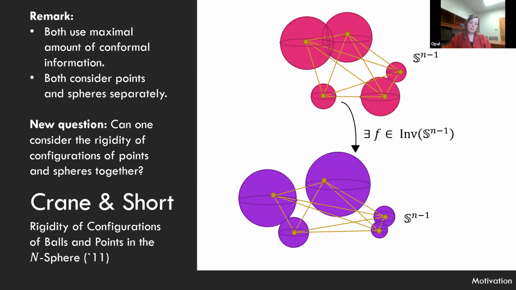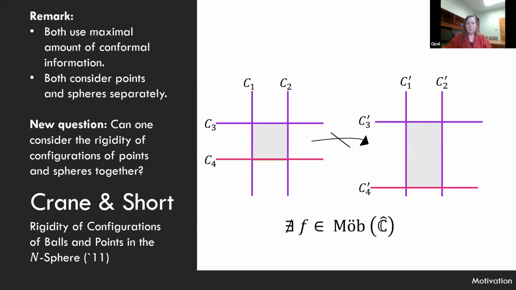And so before we move on, I do just want to point out that the condition that Crane and Short specify in their paper is that the collections of circles that you're looking at can't all have a point in common. And so the counterexample that they show in their paper is the one that I have drawn out here, which is, you have these two collections of 4 circles. And if you look at each collection, they all have the same inversive distances